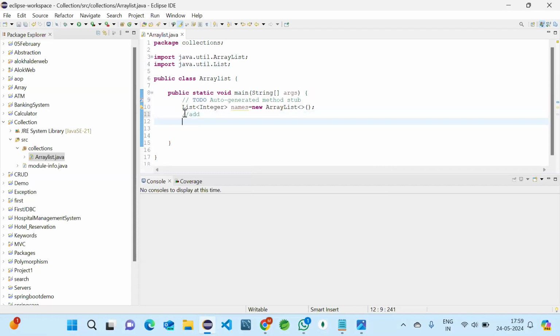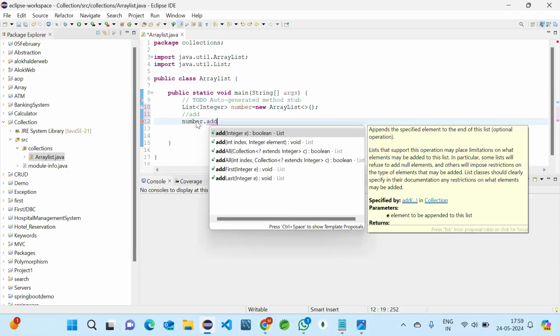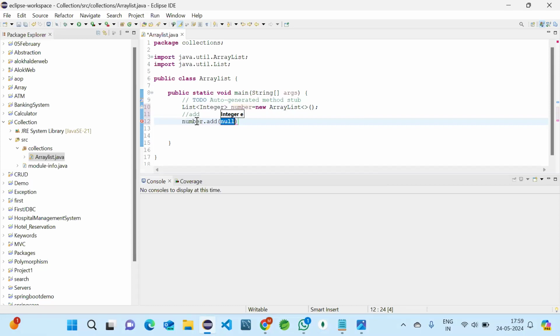And how will we add? We have the method add for adding elements. We are taking integers, so we'll take numbers. Names will be strings later. So numbers.add, and we can give the value whatever we want to add. I'm taking 10 for now.